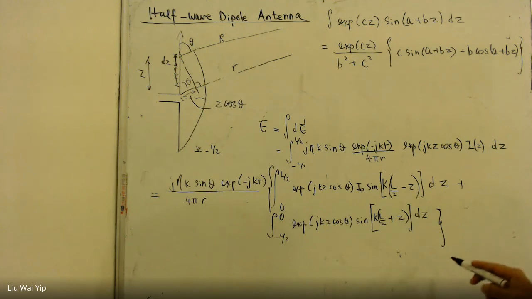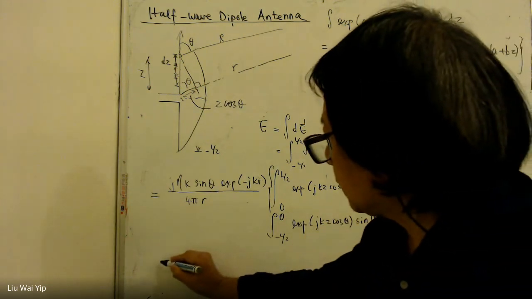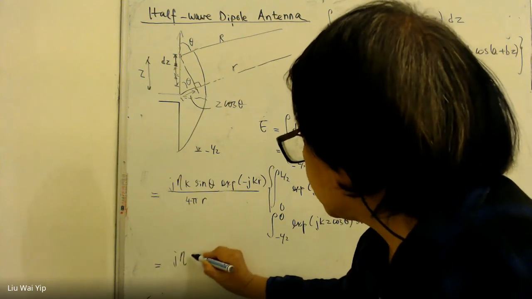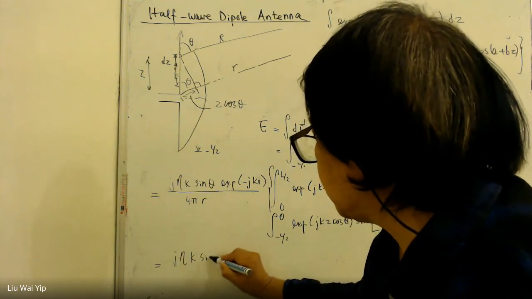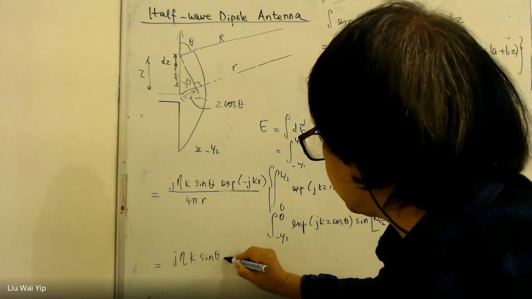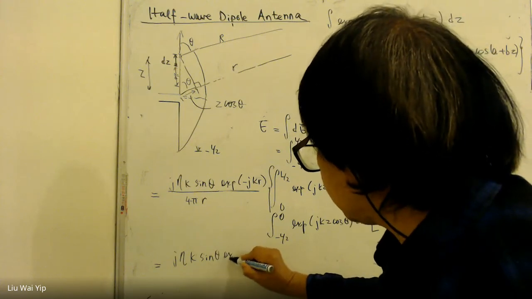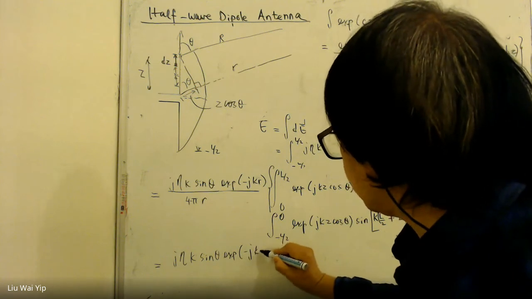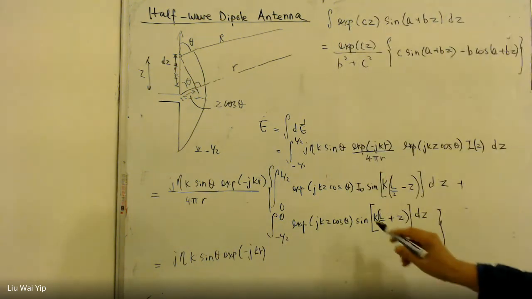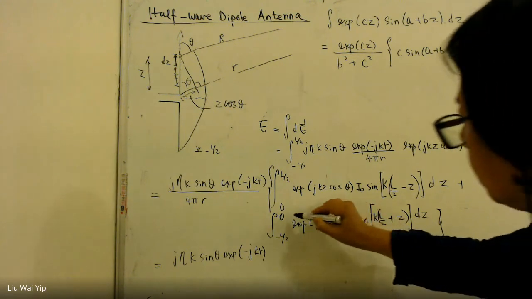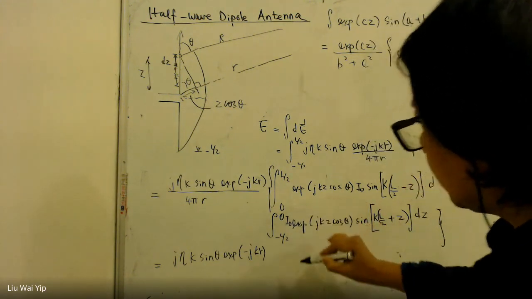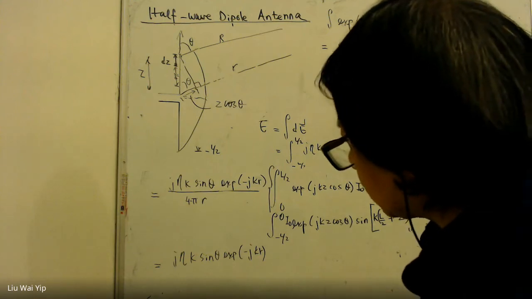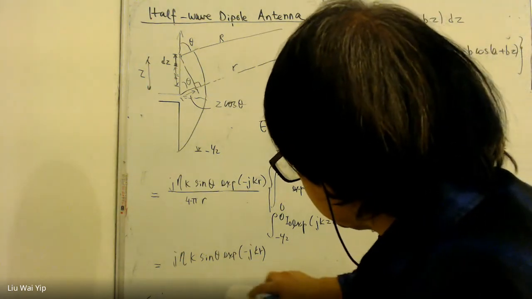What we can do is k sine theta and then k. By the way, both expressions should have I naught, and this I naught can be moved out of the integral. So what we have here is